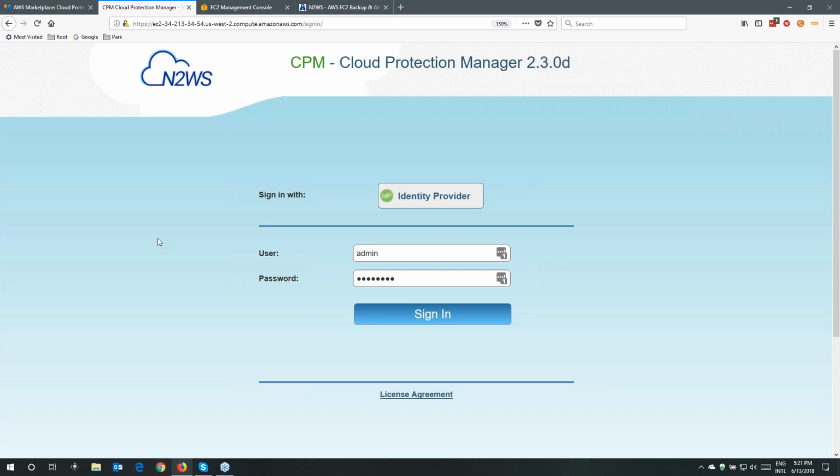This is what it looks like. First time you're going to do this, it looks slightly different. It's going to ask you to agree to the license agreement and a couple other things as well. What's important about this screen is this username and password has absolutely nothing to do with your AWS username and